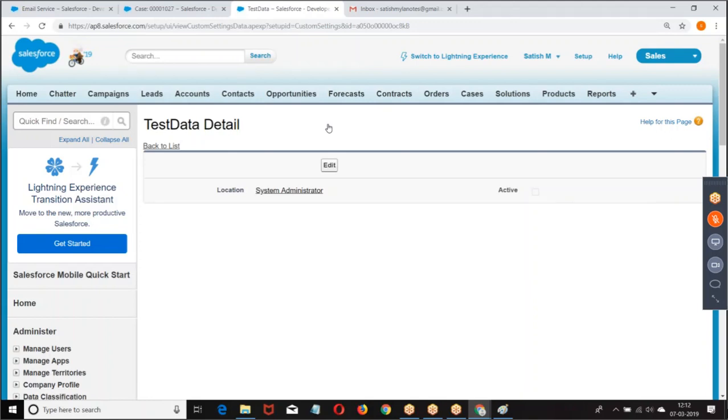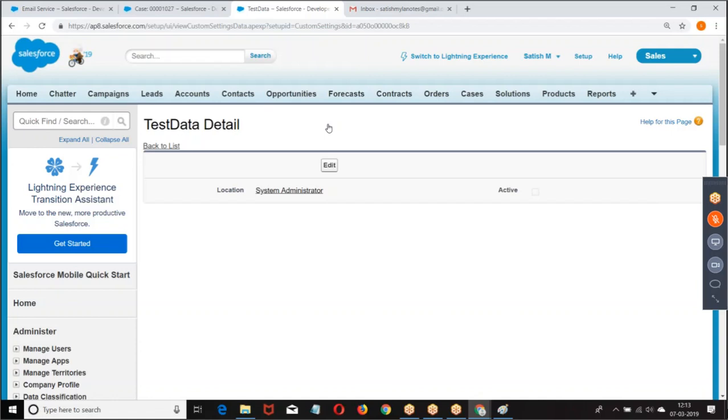Now what I'm doing, I can assign multiple users also. For Ravi, false. For Kumar, true. I can assign a different set of values for different profiles or different users. What is the advantage of this? Why do you want to assign a different set of values?